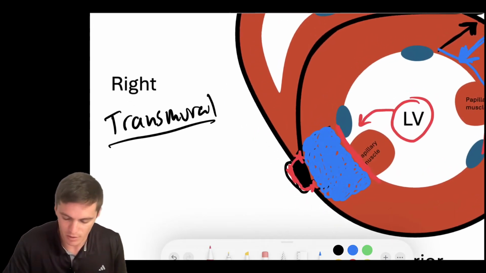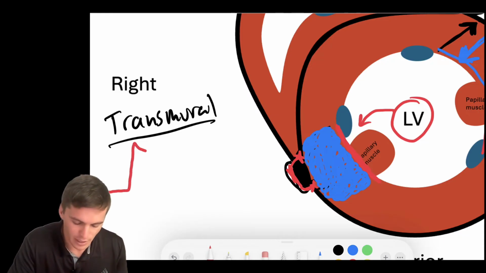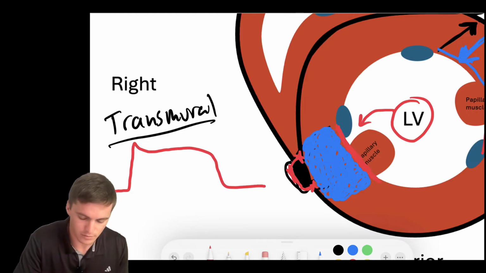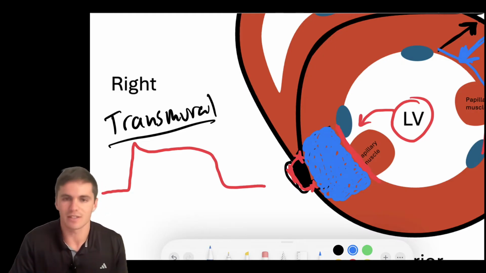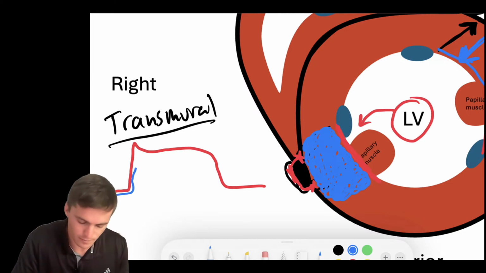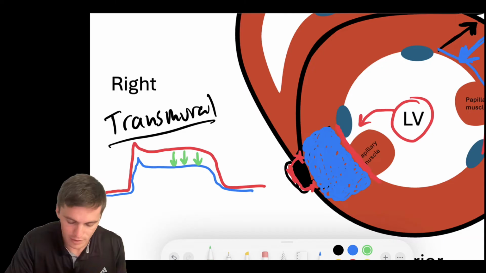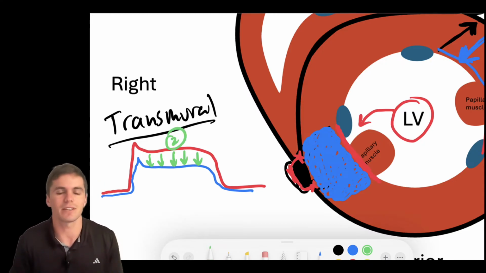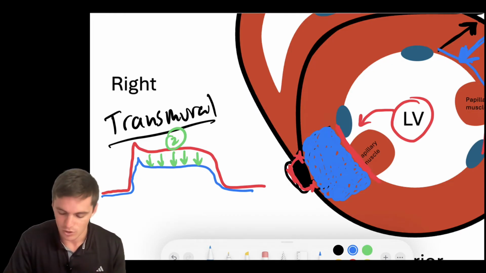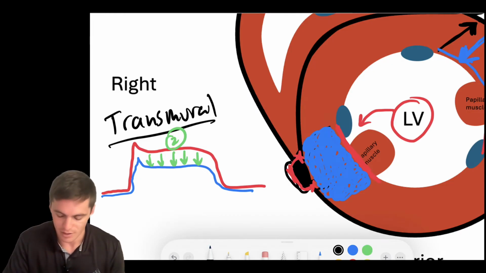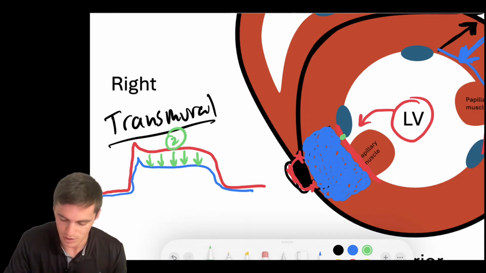Remember, if I redraw my healthy action potential cell in red, and then my ischemic cell with the depressed phase 2, looking something like that. Remember, you get the voltage gradients from the healthy to the ischemic in phase 2, which is during the ST segment aspect. So which areas are healthy? The endocardium is. So I'm going to say my endocardium is healthy, and I'm going to get a voltage gradient during phase 2